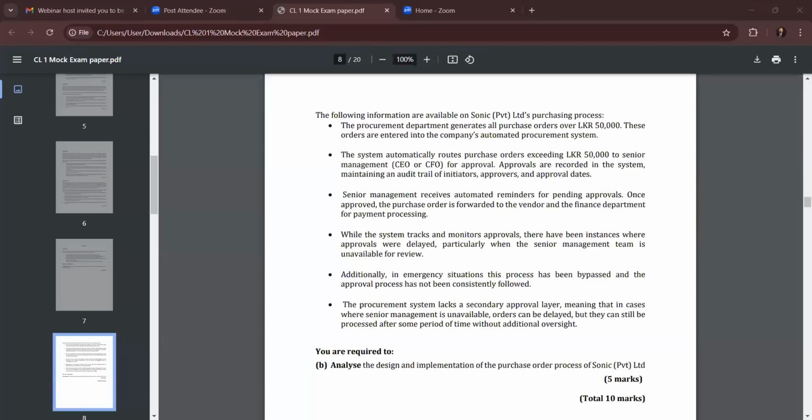Number 1. The threshold of rupees 50,000 for purchase orders can be manipulated,